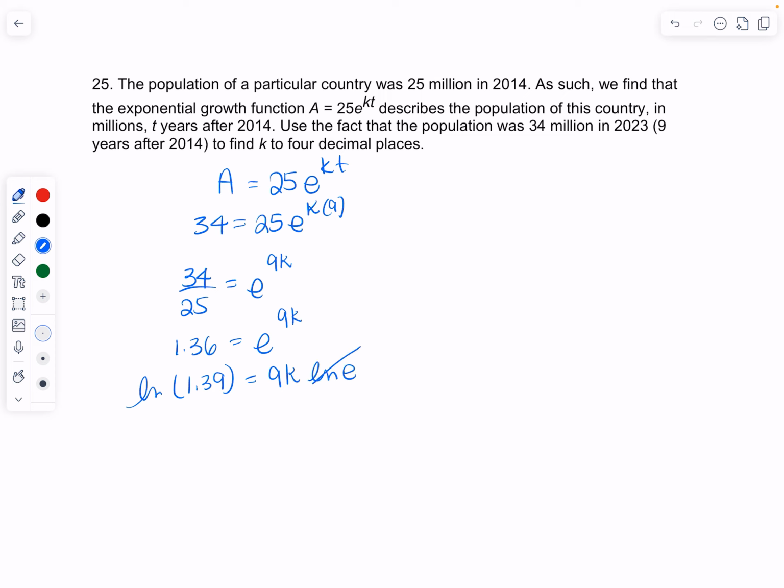And ln of e cancels out because that's 1. So to get k by itself, I'm going to divide ln of 1.36 by 9. Let's see what that is. So ln in the calculator of 1.36, divided by 9. And that gives me k equaling